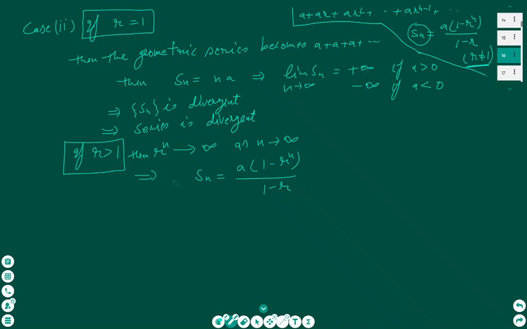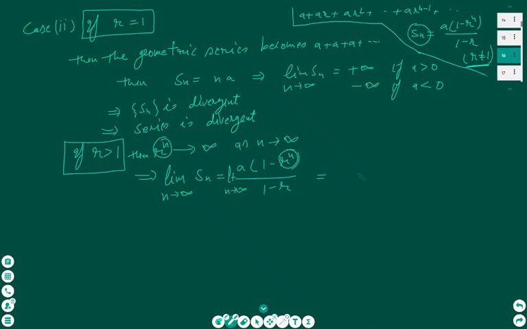So in that case, the limit as n tends to infinity, as r^n approaches infinity,